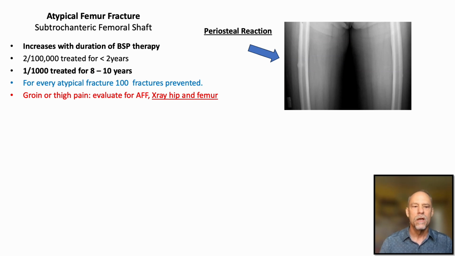One of the things to take away is that if a patient has any pain between her hip and her knee, or his hip and knee, and they're on an anti-resorptive therapy, we need to get X-rays, because you may see and be able to prevent atypical femur fracture, which happens in the shaft of the femur rather than typically at the neck of the femur, which is the kind of fracture we'd see from a fall with osteoporosis.